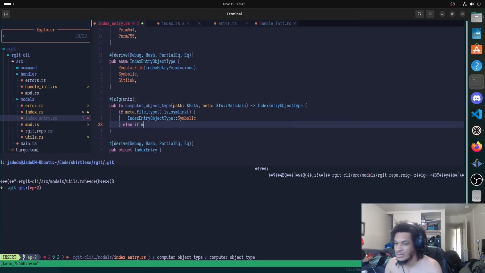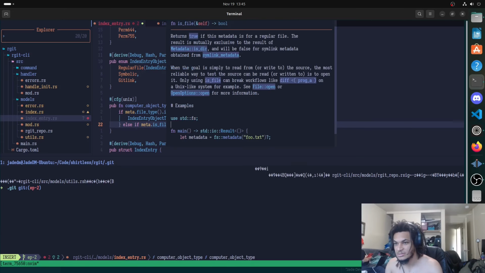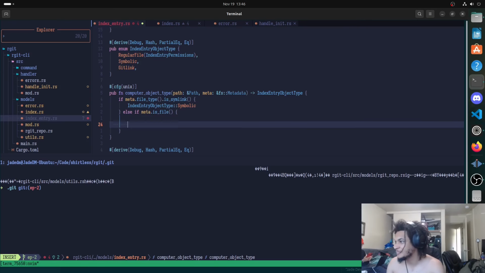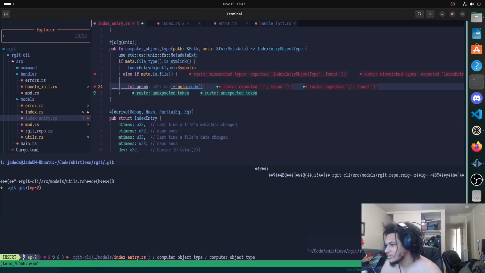Else if meta.is_file(), then we're going to get let perms equal meta.mode(), and we're going to get part of the lower bits,